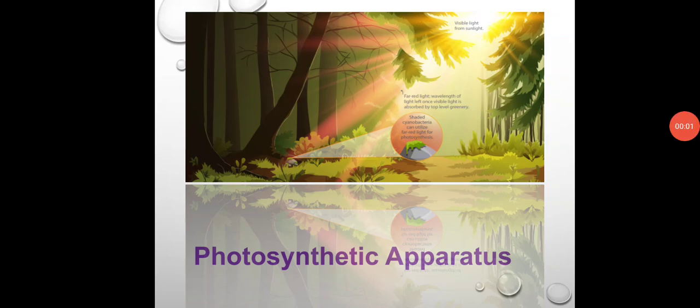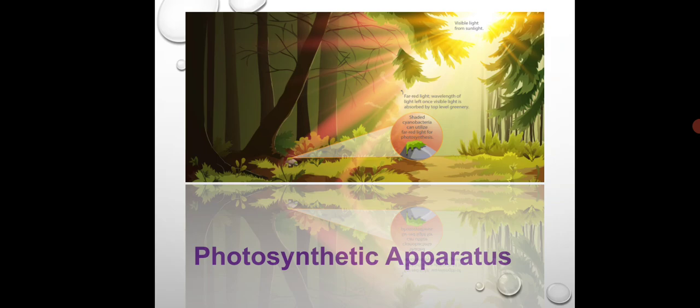Hello dear students, we are going to discuss the point photosynthetic apparatus of chapter bacterial photosynthesis. So we have started the bacterial photosynthesis chapter and we have discussed general introductory points regarding bacterial photosynthesis, that is the definition of photosynthesis,